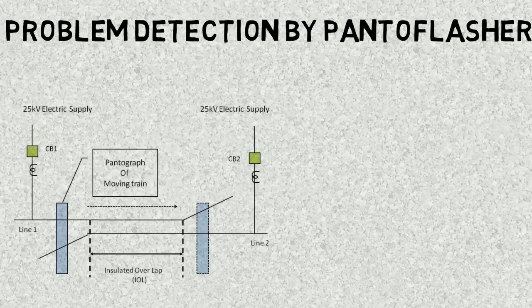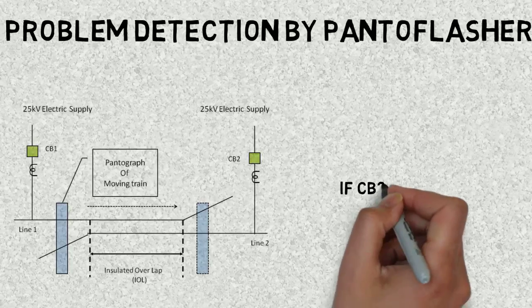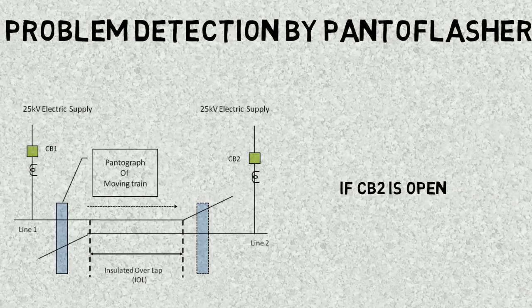Also, it monitors the potential of both the lines, that is, whether those lines are on 25 kV potential, and then it decides whether to switch CB1 or CB2. For example,